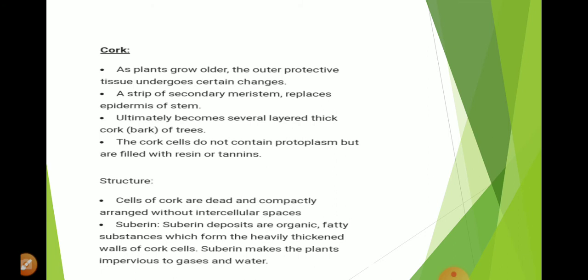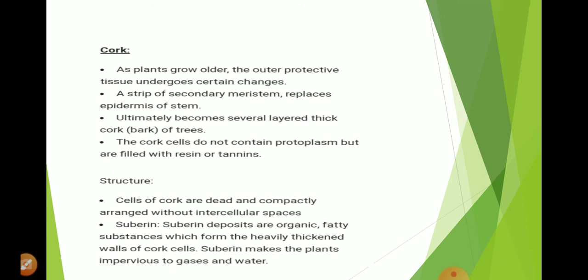Now the main important component of the protective tissue is the cork cells or the cork. Sometimes you must know the bark is also there. Actually bark is a part of the cork cells. In some plants you can see that these cork cells or bark cells are in the form of small strips. If you remember the neem tree, mango tree or guava tree, there you find some scale-like or crust-like structures. That crust is called the cork cells.